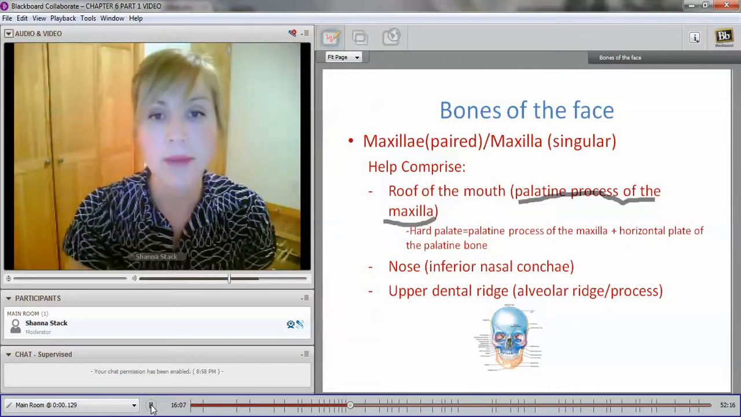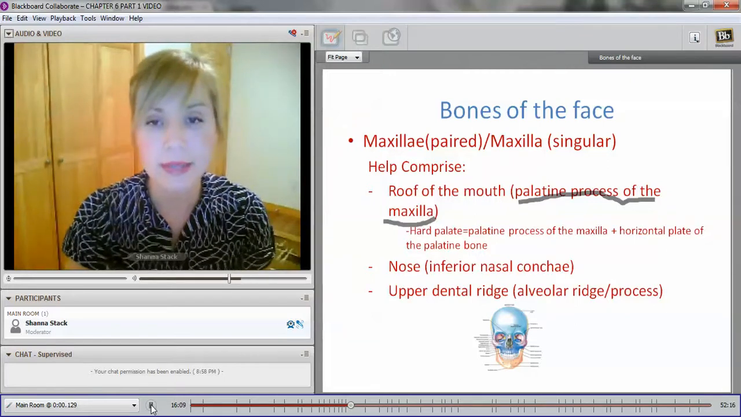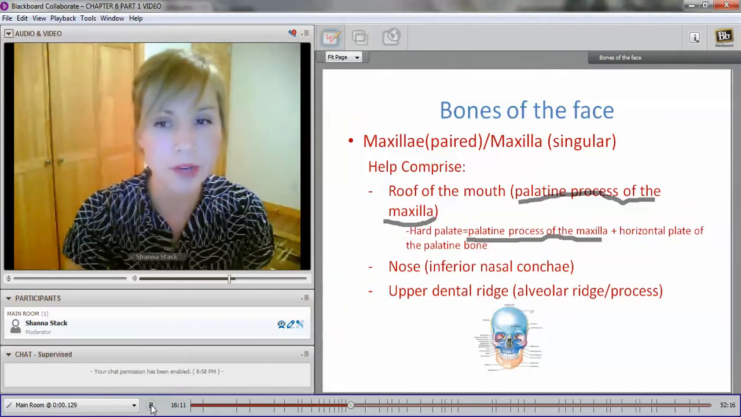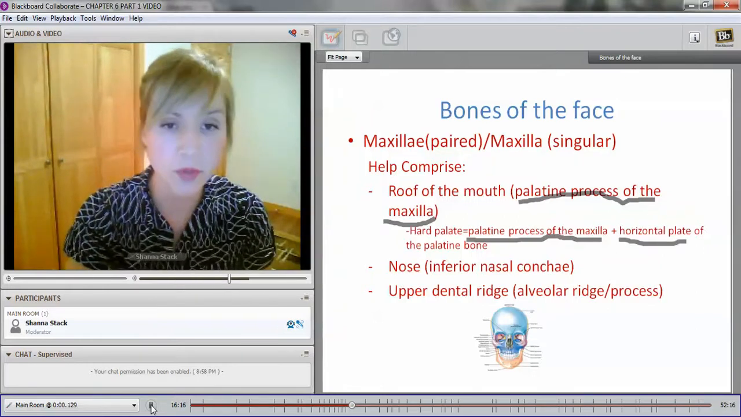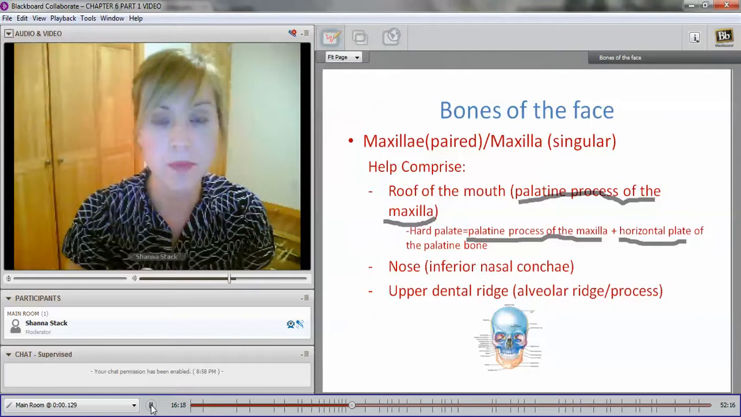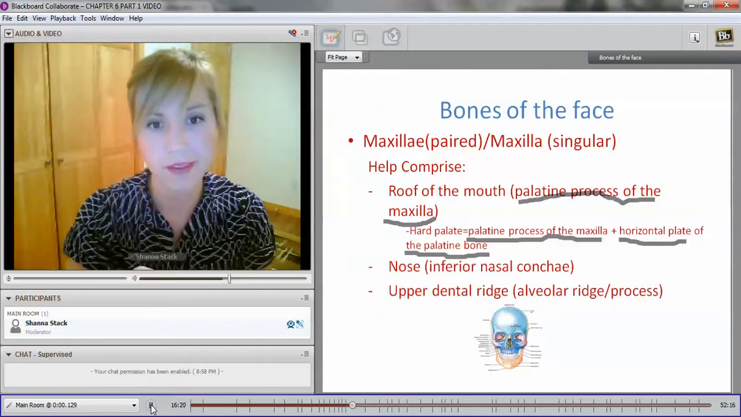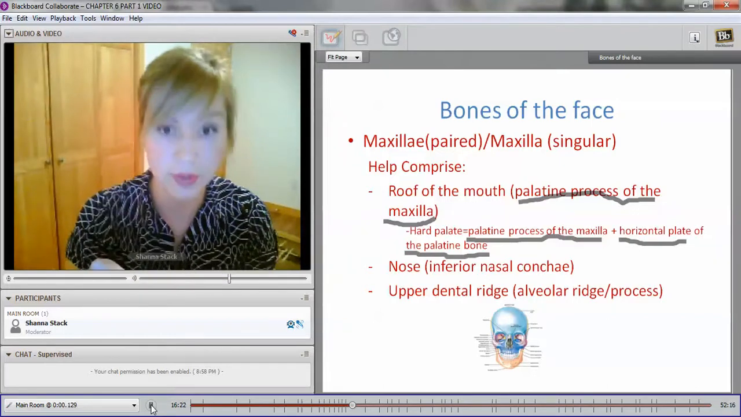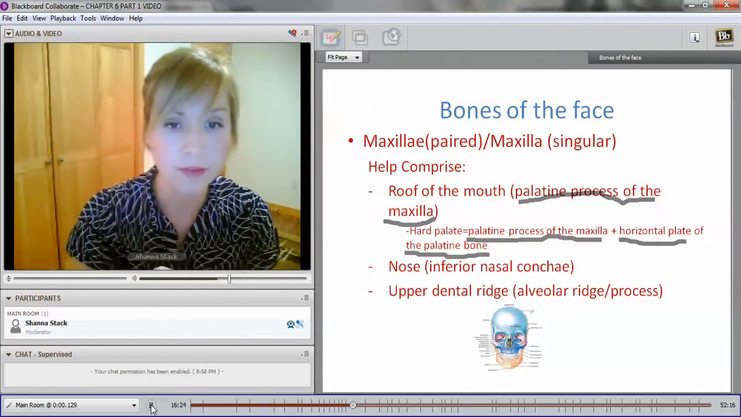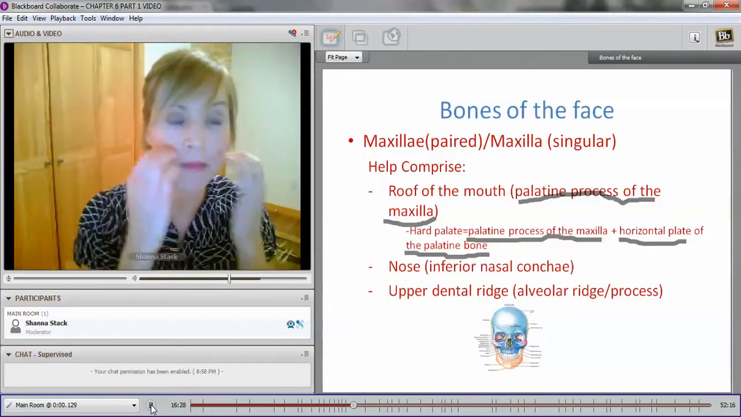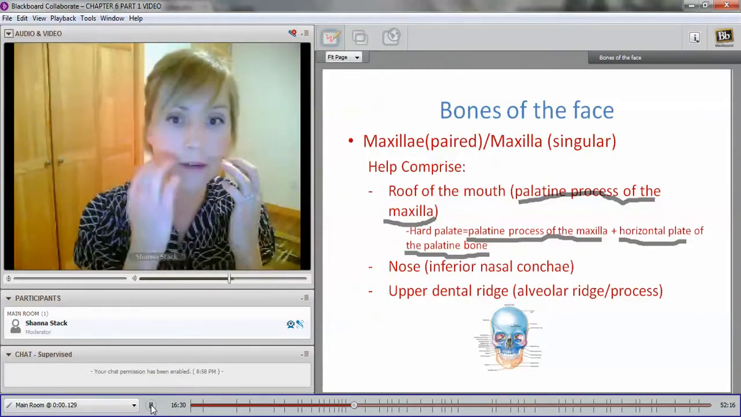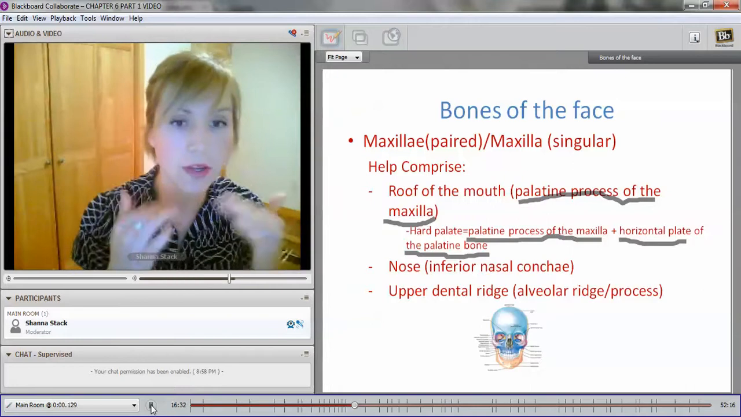So the palatine process of the maxilla makes up the anterior 2/3 of the hard palate, whereas the horizontal plate of the palatine bone, which we're going to learn about later, makes up the posterior 1/3. Okay? So there's two bones that help make up your hard palate. In addition to helping form the roof of the mouth, the maxilla also creates a fixture point for your upper